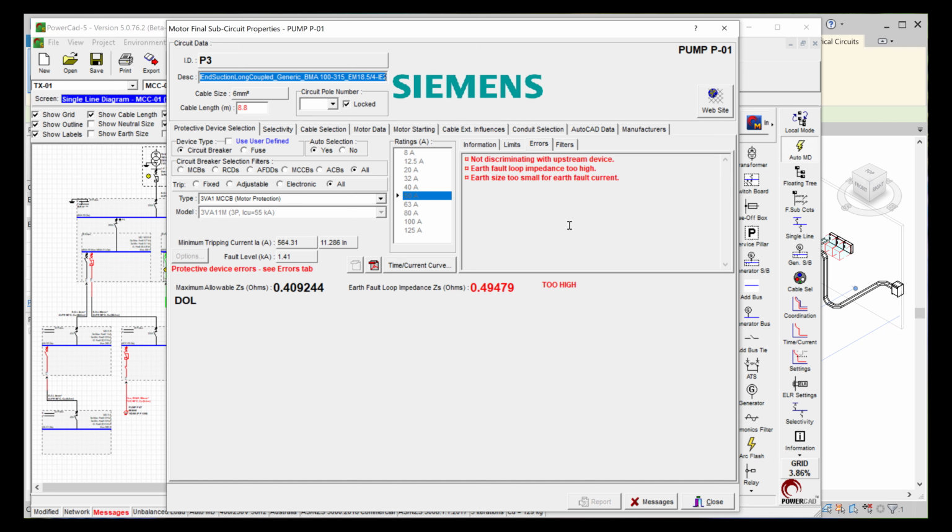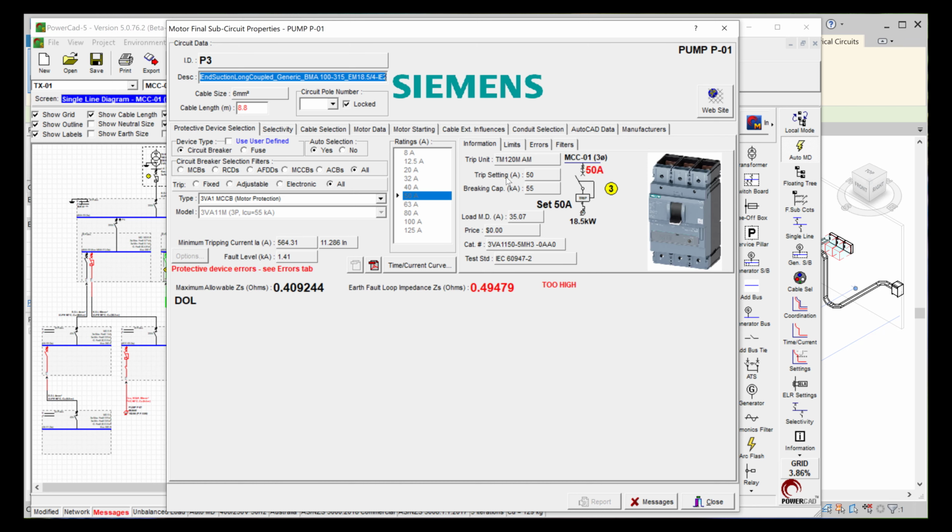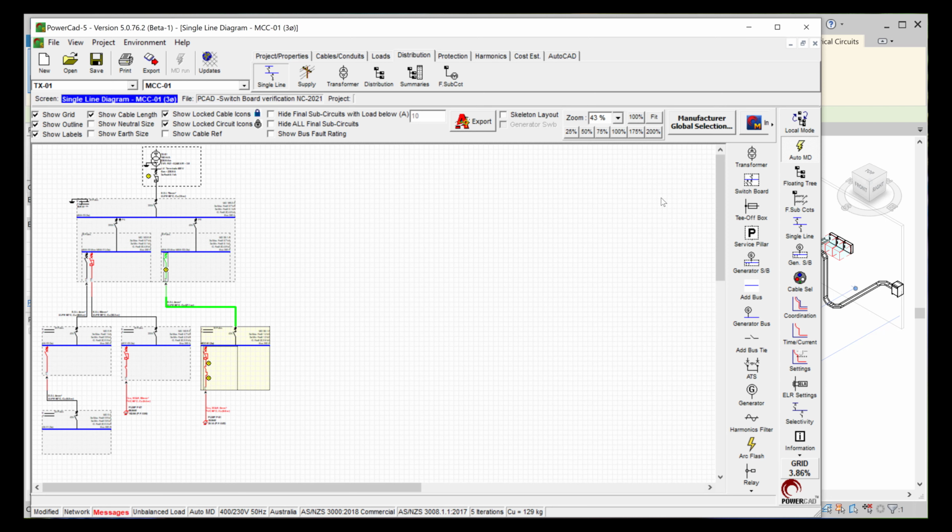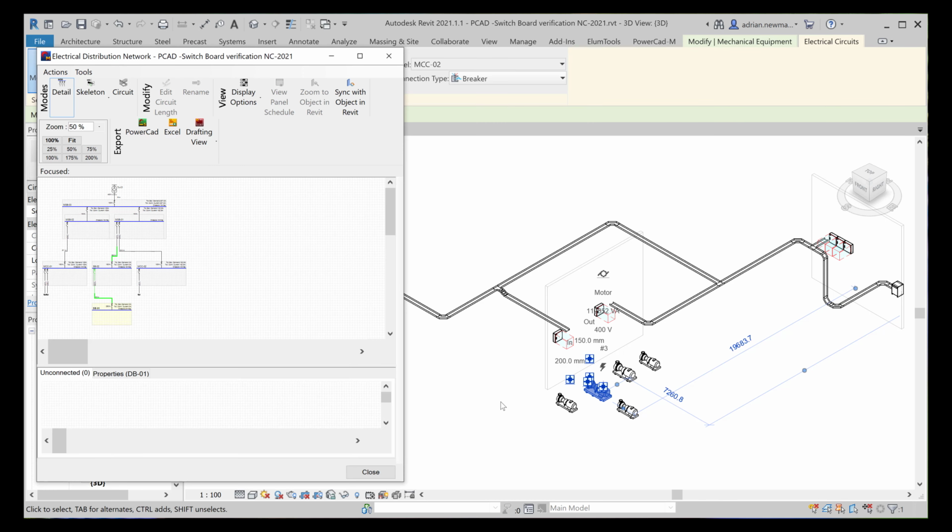Just have a look at the errors, and we'll see that we've got a discrimination error, a fault loop impedance error, and the let through energy for the earth for that particular cable at the moment is too high. We won't try and correct these errors at the moment until we've added more loads to the network. Just go back now to the single line diagram,